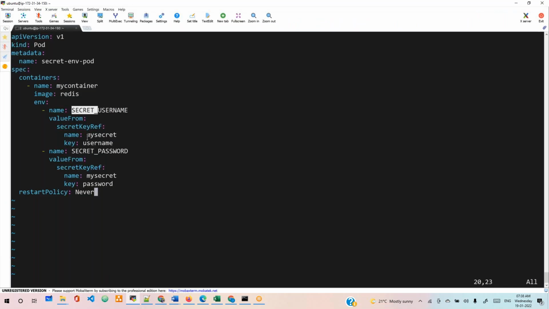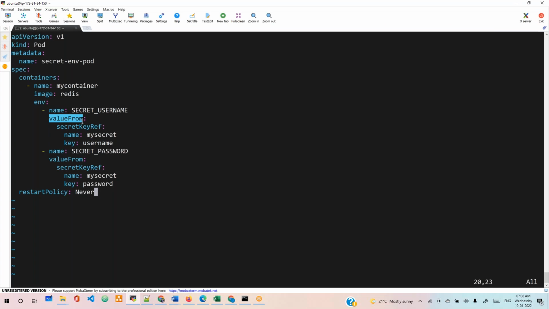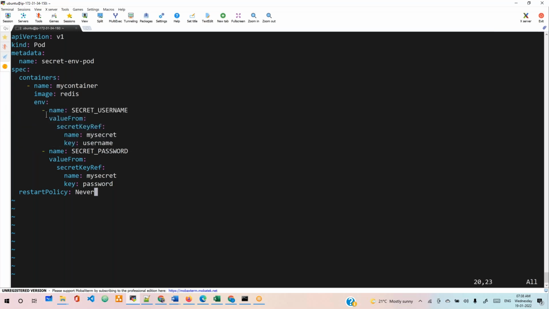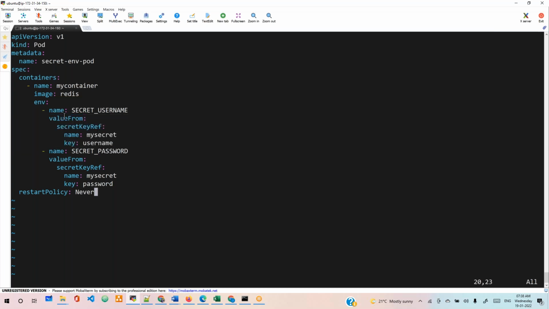Sir, this syntax, how do I know? Again, you guys will question. This is a syntax, okay? The way we need to use the volumes from, even if it is config maps, is also the same, and secrets will also be the same. Everything is the same. Even the same thing we discussed here in config maps also. Volume from, config map reference. If you guys remember or not,